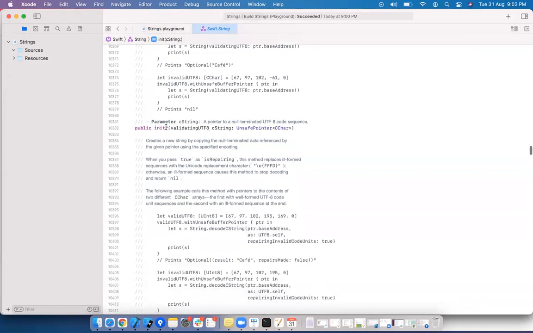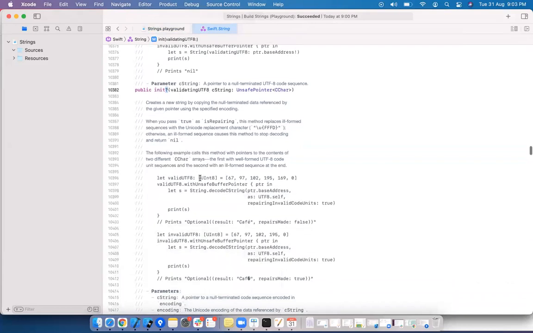If you see, I told you the nullable initializer, right? This is the nullable initializer. In interviews, they will ask you what is a nullable initializer. This is how you declare, not the optional data. Here itself you mention the question mark. This is a nullable initializer.